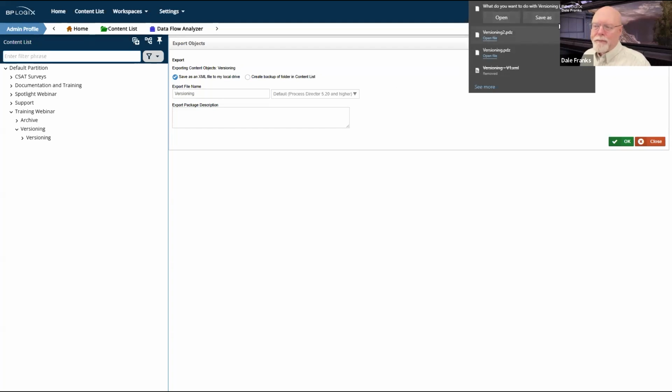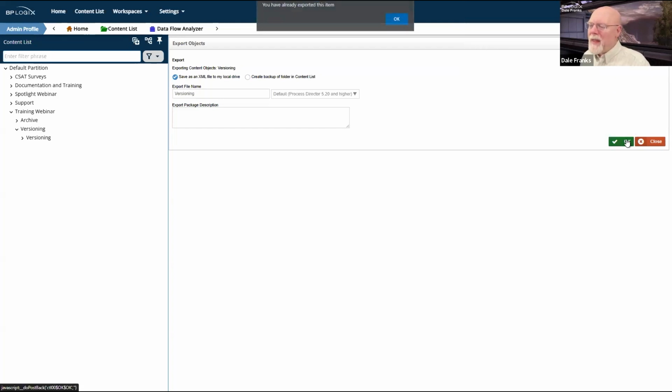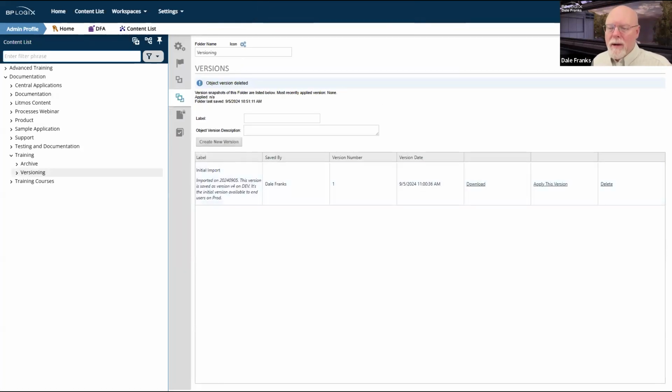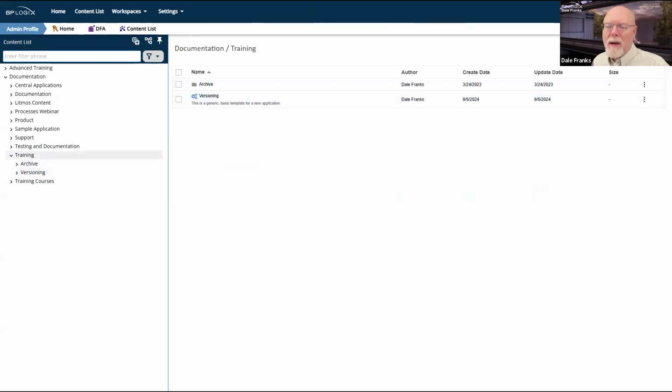I probably shouldn't have given it that name, but versioning 1 in parentheses will probably work for me. So now I can go back here and go back to training and import my objects one more time.